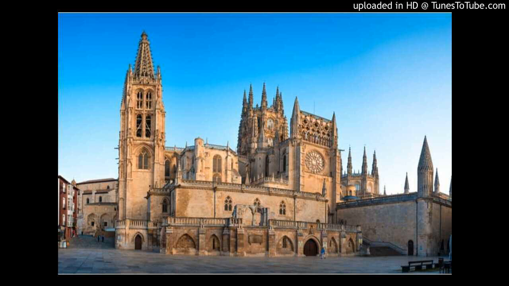A rib vault was lighter than the barrel vault and was formed by the intersection of two vaults with pointed arches. They were reinforced by cross ribs. The apse at the end of the church was often made up of a series of smaller apse chapels. Rib vaults, supported by a system of buttresses and flying buttresses, meant that walls could be high and thin, and